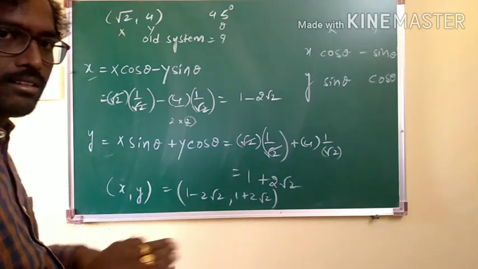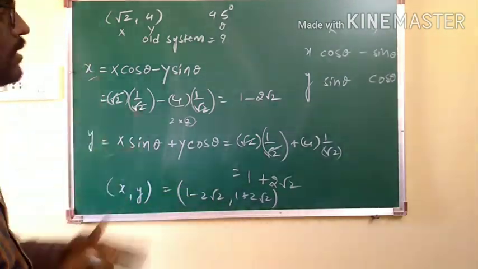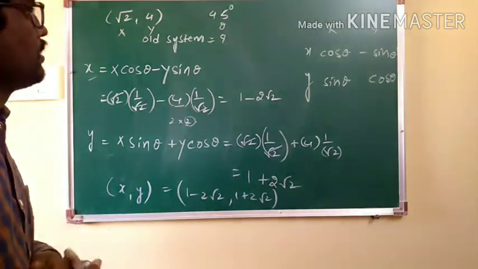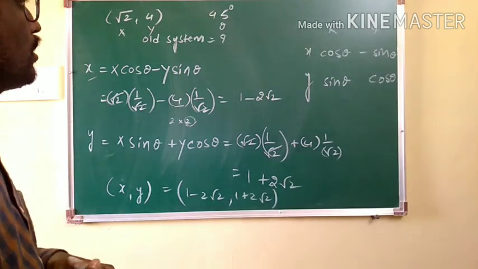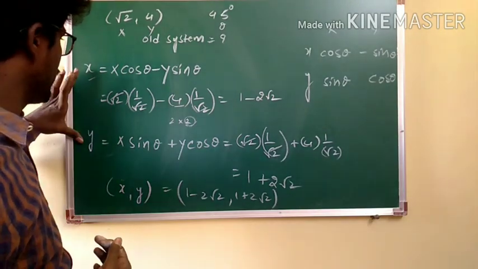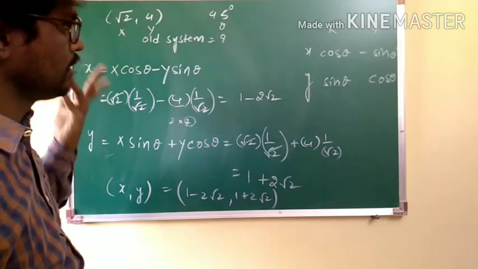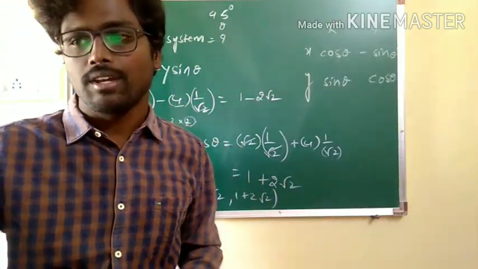See what is there here. First we should understand whether the given coordinates are in the new system or in the old system, and the given angle. Very clearly the question is asking to find the coordinates of root 2 comma 4 in the old system, so our subject will be small x and small y, and the given will be capital X comma capital Y and the angle. That's it. But this box is very important, please take care.